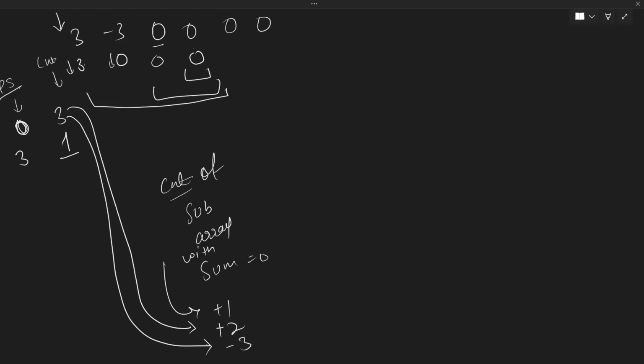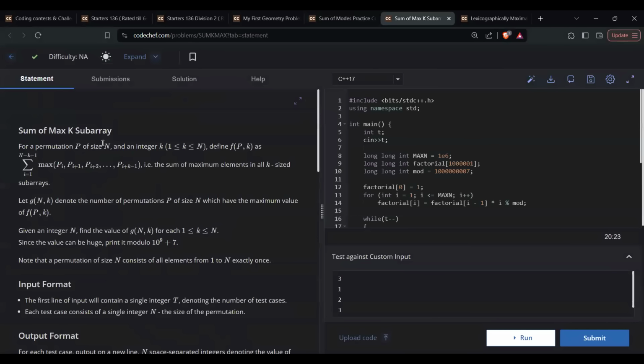Yeah, it's clear. Okay. So let's go to the next problem. So this is the third problem, and in this problem, we are given that for a permutation P of size n and an integer k between 1 and n, we define f